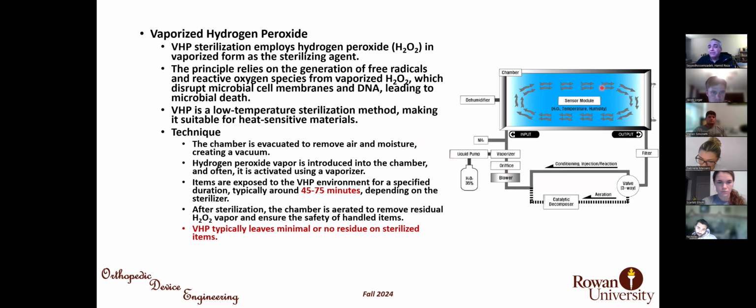It is very effective, and the good point is vaporized hydrogen peroxide leaves no toxic residue on the sterilized item. But to increase the effectiveness of vaporized hydrogen peroxide, which converts some of the molecules of H2O2 into oxygen radicals, we can use